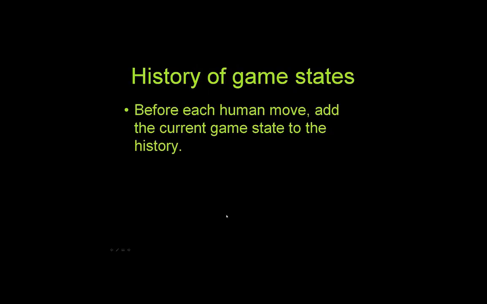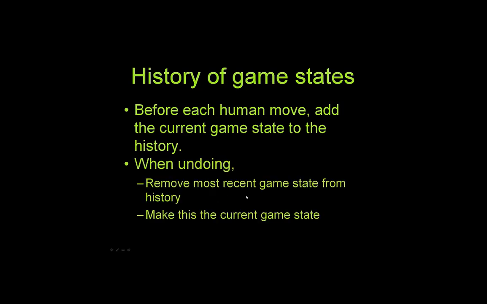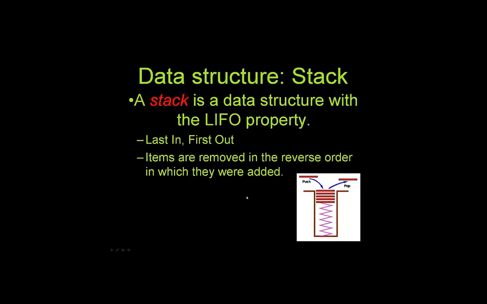Before each human move, we can add the game state to the history, right? And then what undo actually does is you just take out the latest game state from the history, and make this the current game state. All right, so to do this, we will use what we call a stack,